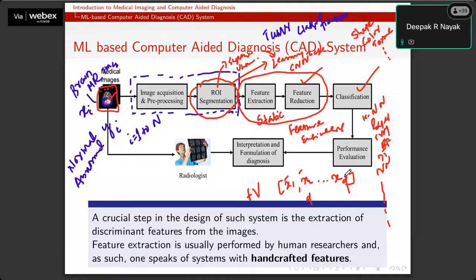And sometimes we find that not all the features are important for us. So at that time, you can select the important features from the set of features you have extracted. Let's say you have extracted D number of features. D is nothing but the dimension of the feature vector, and you want to identify whether all D features are important or not, right? So I'm talking about feature selection.